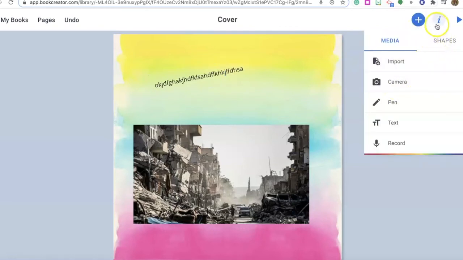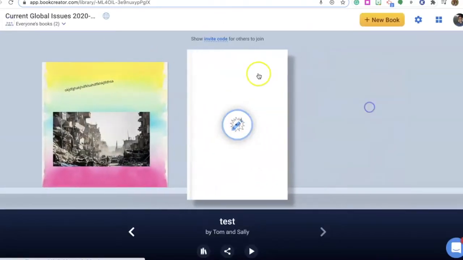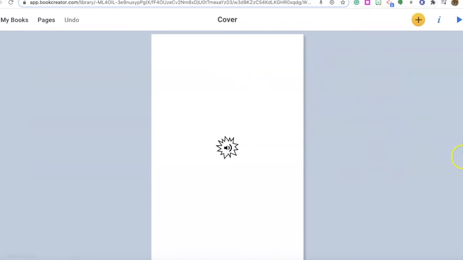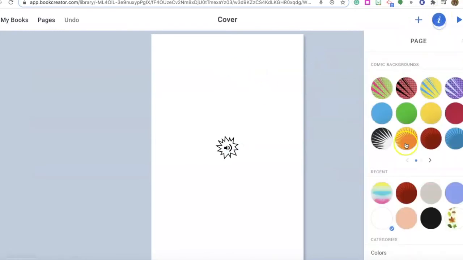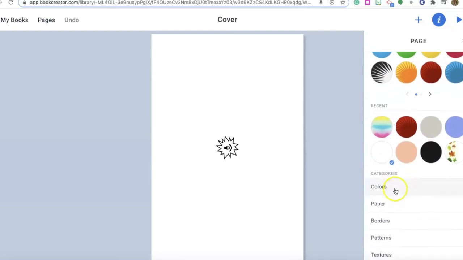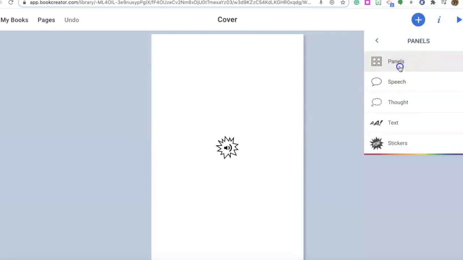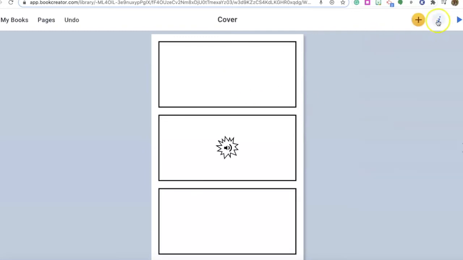If you wind up going comic style, there are some other things you can put in. In fact, let me do that. I think this one's actually my other book here that started as a comic style book. So if I go, the choices and things are a little bit different here. It kind of defaults to that style. If I go to plus, I can add different panels on there, so how I want the layout to look. And then I can add speech bubbles and